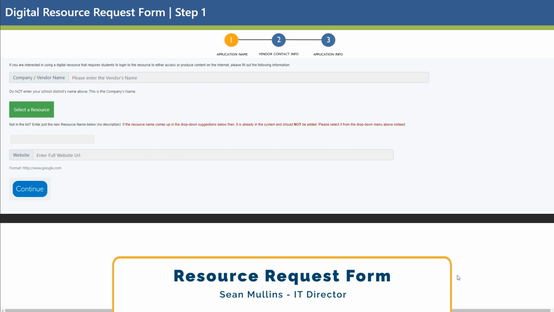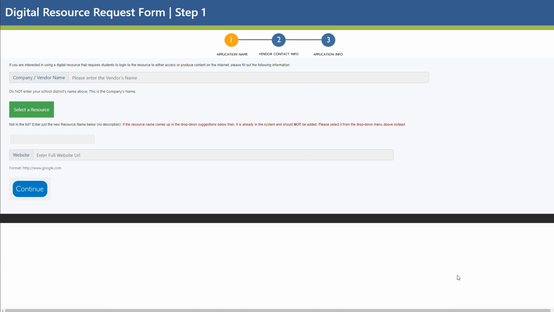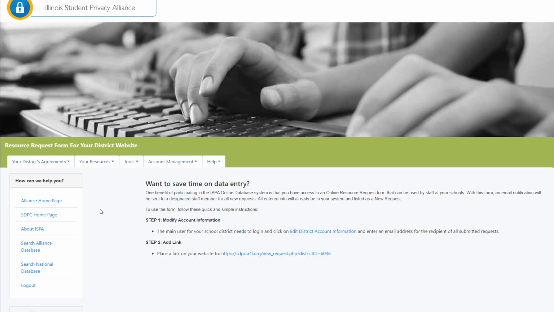The SDPC provides a form that staff members can use to request new resources in your district. In order to get to this form, you want to sign in to the SDPC database and go to the Tools menu, followed by Digital Resource Request Form. One thing to note about this request form is that when it is complete, an email will be sent off